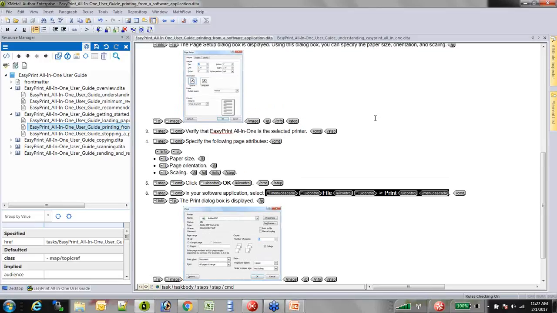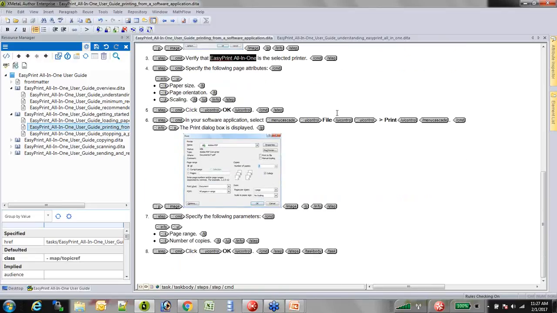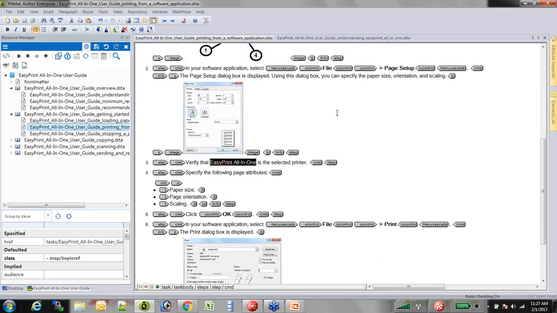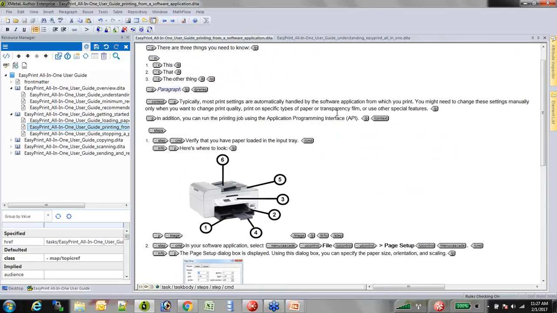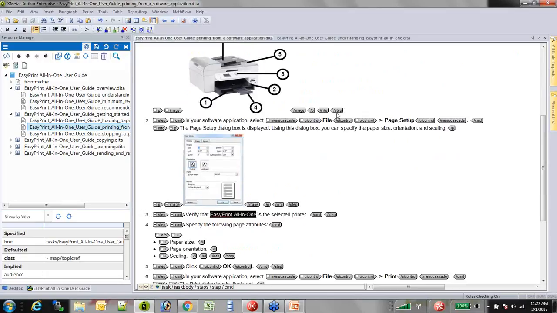Okay, so next I'd like to look at creating reusable components. So in all of my topics, I've noticed that the name Easy Print All-in-One occurs frequently throughout my collection of topics. It's here, I think, twice in this topic, once there. Maybe it's twice in my other topic. Anyway, it does occur many times, and what I'd like to do, my marketing department can be kind of capricious,